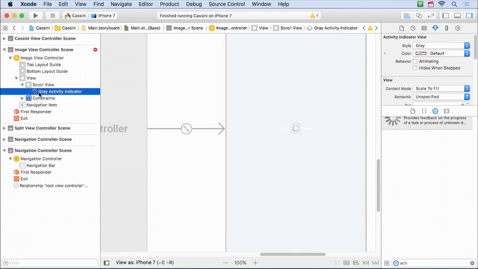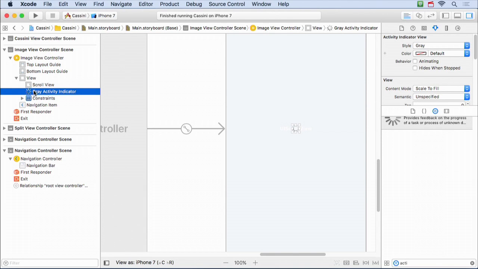And we can do that just by picking this up right here and moving it to the same level as scroll view. Now that's very hard to do in here, because anytime you try to pick this up and move it, it's always going to want to try and drop into a subview, a super view of something. So it's always going to grab onto it. But in this document outline, it's very easy. You can just pick it up and move it there.